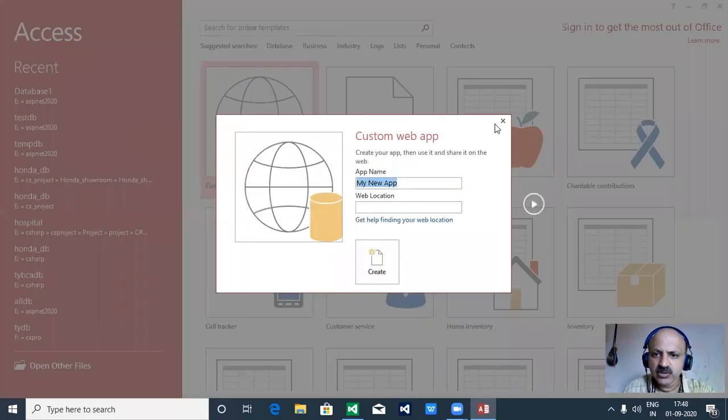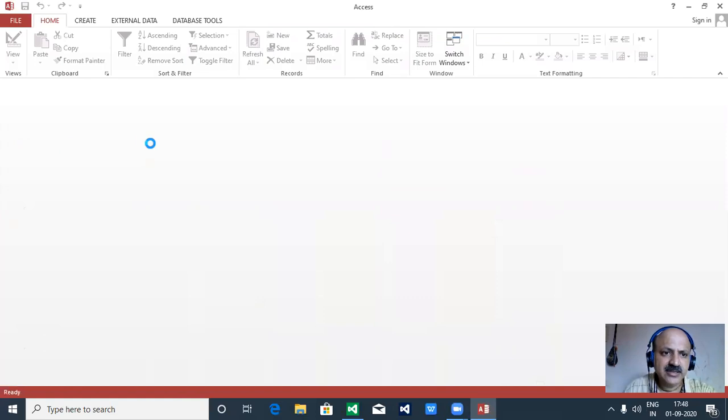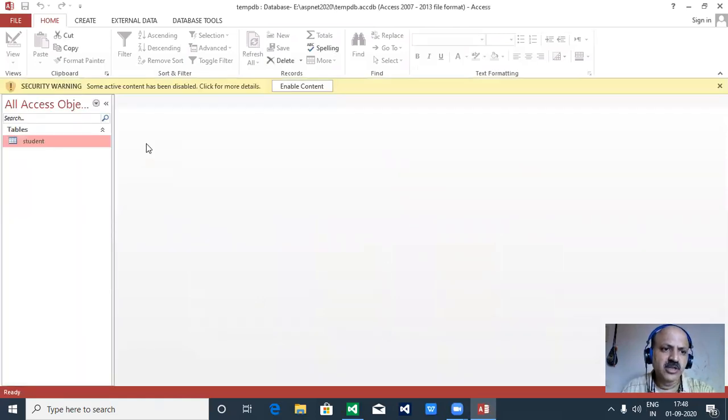I just close it directly by clicking. Here our test database is there, or temp, on our E drive, in the ASP.NET 2020 folder. So we can use the temp DB database and see how many tables there are. You have to know very well how to create a database in Access.